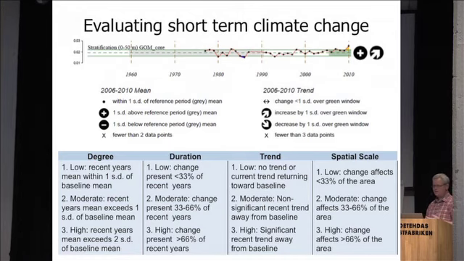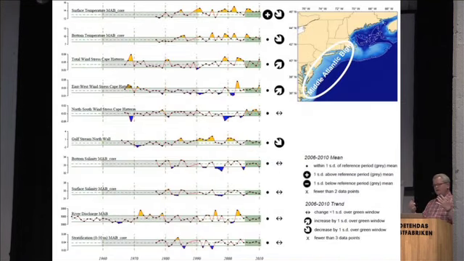And whenever they were going through and trying to provide some kind of scoring basis for how you score these plus and minuses and ups and downs, they went through a process of identifying duration, trend, and spatial scale to come up with some probabilities, and I'll go over that in a minute. So this is for the Mid-Atlantic Bight, and this is only 10 of the 15 exposure factors that they were looking at. I couldn't fit them all on the same page.